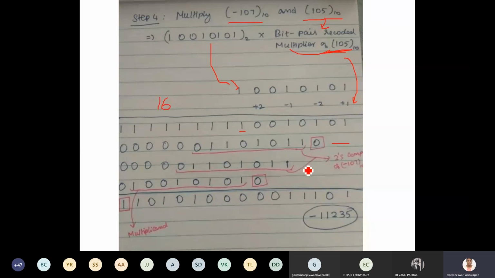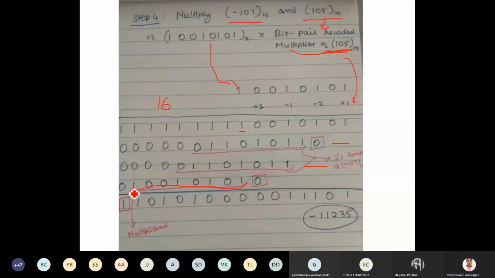Then you again leave two bit spaces and you write down for -1. So for -1, what you have to write down? You have to write down the 2's complement of the multiplicand. That is also the rule that I have told in the previous problem. Again extend the sign bit. And then you are going to multiply with +2. If it is +2, you don't want to take the 2's complement of the multiplicand. You simply write the multiplicand itself. Since it is going to be +2, you extend the sign bit as 0.